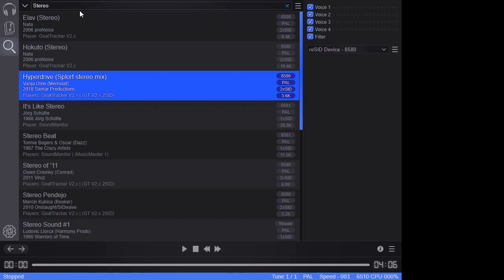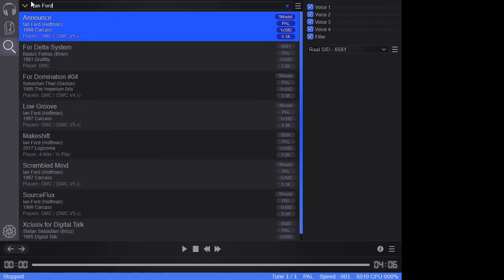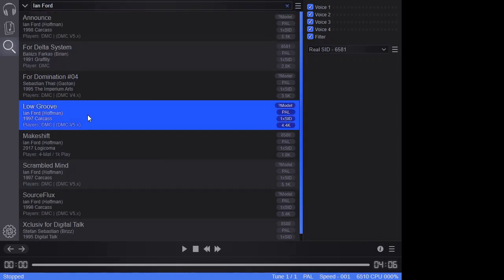So yeah, that's pretty nifty. But what's really neat, and what I haven't demonstrated yet, is what happens when you select real SID 6581. And we'll go back to the Ian Ford collection here, back to that Lowgroove song. So at this point I've swapped my speaker connection, and now it's connected to the output of the Commodore 128. So this is the actual SID. And if we play,